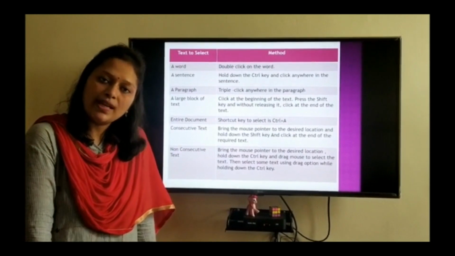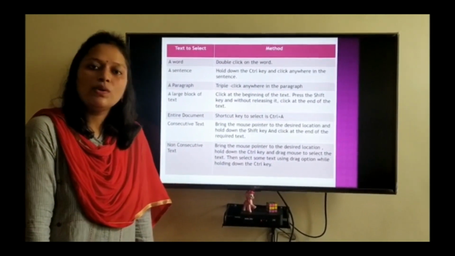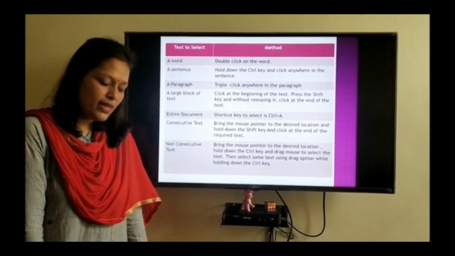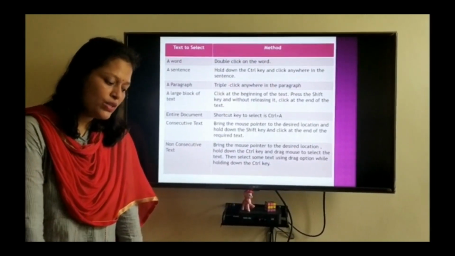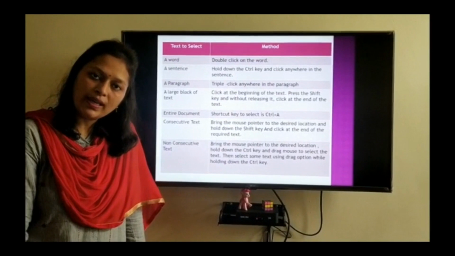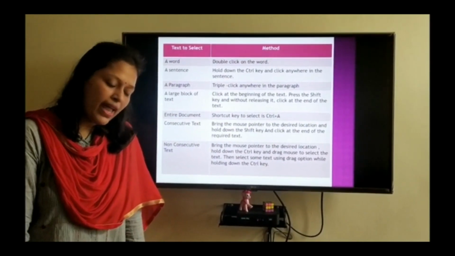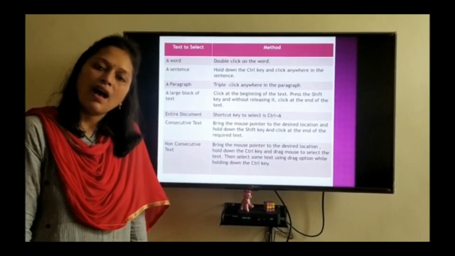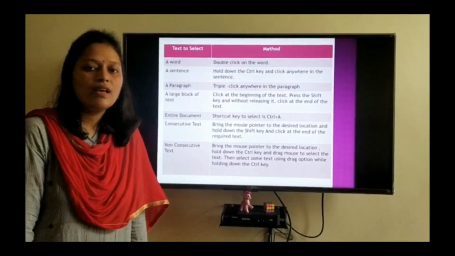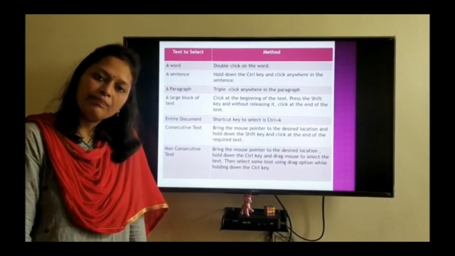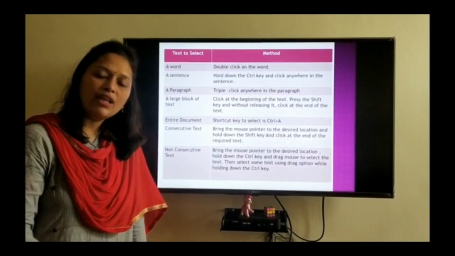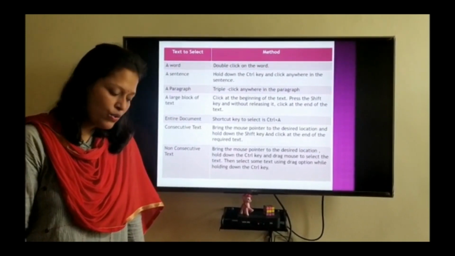If you have to select a word, you need to double click over the word, and to select a sentence, you need to hold down the control key and you can click anywhere in the sentence. How will you select a sentence? You will press the control key and you will click anywhere in the sentence.